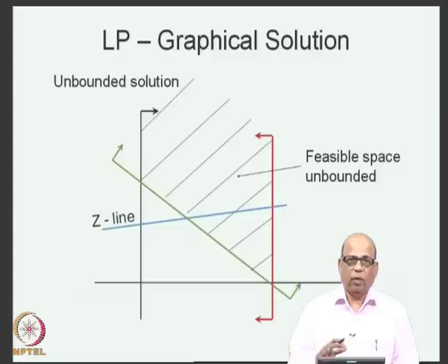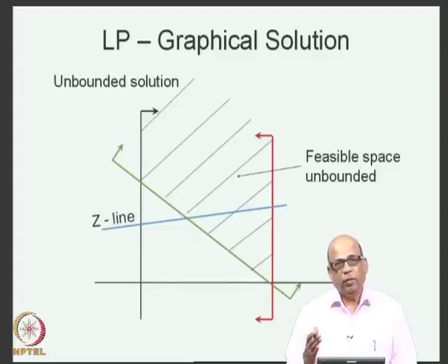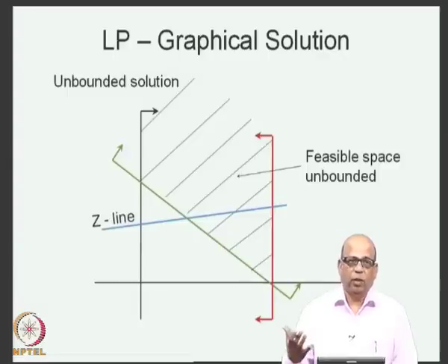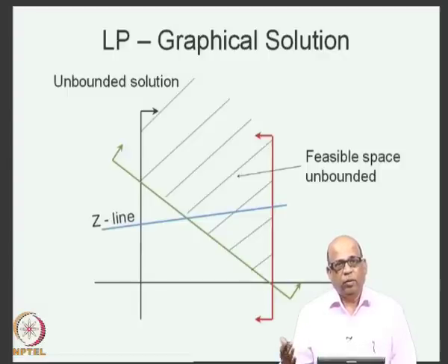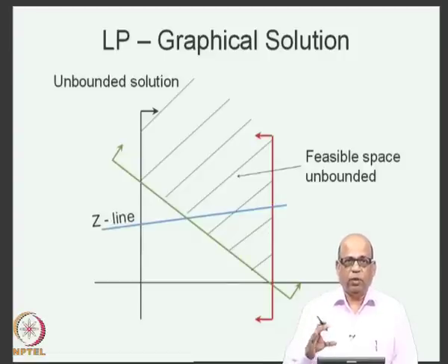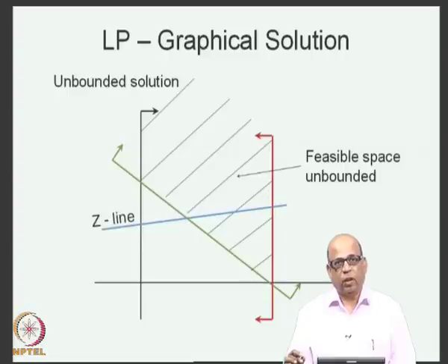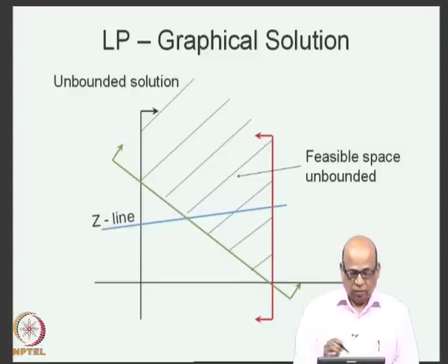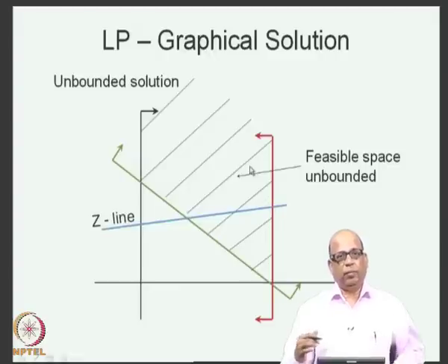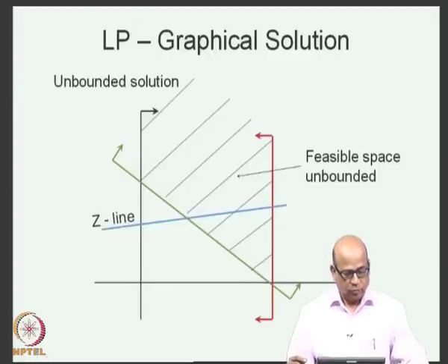In general, when you have an unbounded solution, the problem is ill formulated, because obviously, in any physical problem you cannot increase the objective function value to infinity if it is a well formulated problem. And therefore, when you get an unbounded solution, the problem is an ill formulated problem. Typically, you will have another constraint which will limit the increase in the objective function. So, you saw multiple solutions, you saw an unbounded solution.